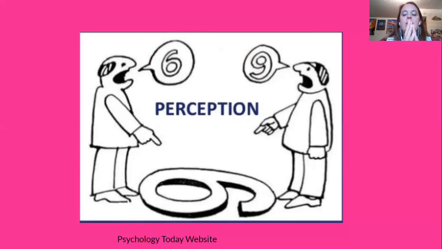So the first thing I really want to talk about, and I use this in my unified PE class when we're talking to our partners without disabilities, is the power of perception, because when you look at this, did you immediately see the 6 or did you immediately see the 9? The reason why we see the world a certain way is how we've taken in the world a certain way. All of our senses, our experiences, all that plays into how we see the world.